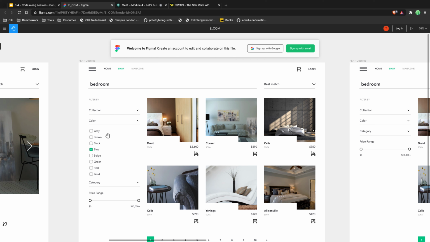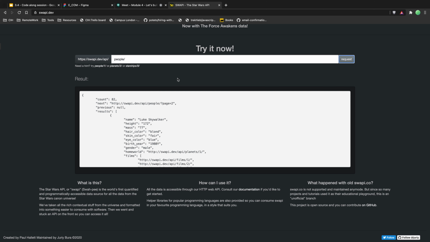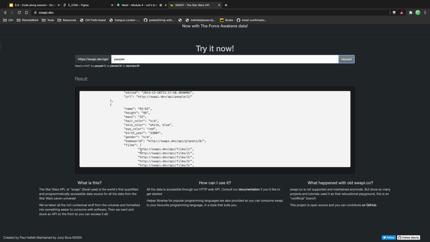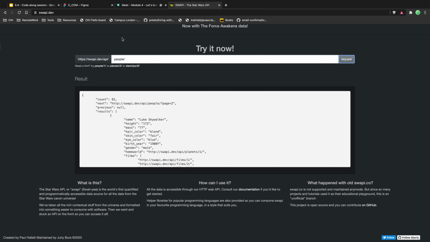We will have some sorting. Let me actually check what they have. They have height, mass. Height is different, beautiful. Yeah, so we can have a few filters. Okay,